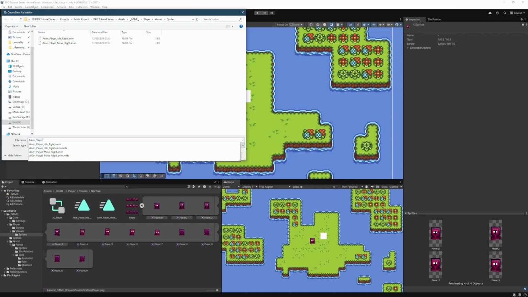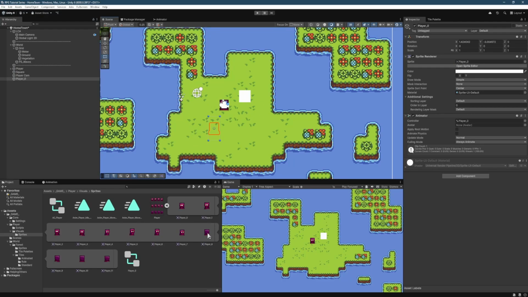We're going to use the Epic Games naming convention where we go from the least specific to the most specific. As we go between each of these identifiers, we separate with an underscore. You don't have to use this, and it's by no means the best way of doing it, but it is pretty handy for naming things consistently across different types of objects and making it easy to find things, because you can just search for them since you know you've used consistent naming. Anyway, this is going to be anim underscore player underscore move, and then this one is for when we're moving down. Okay, so anim underscore player underscore move underscore down, and then we go ahead and hit